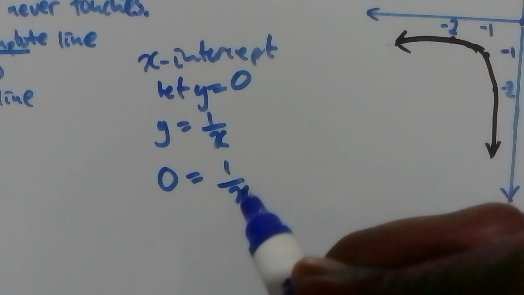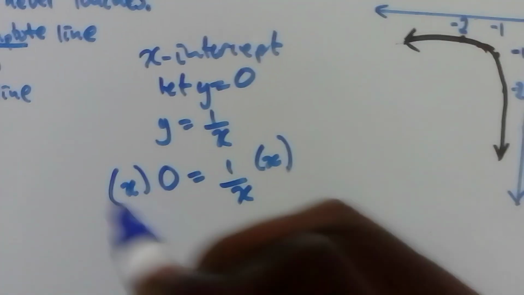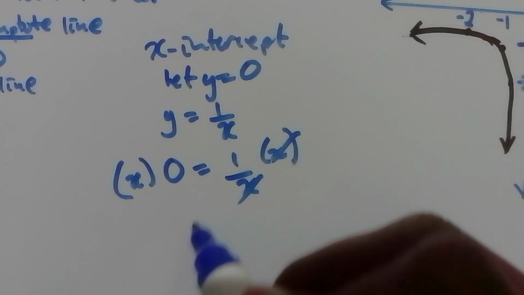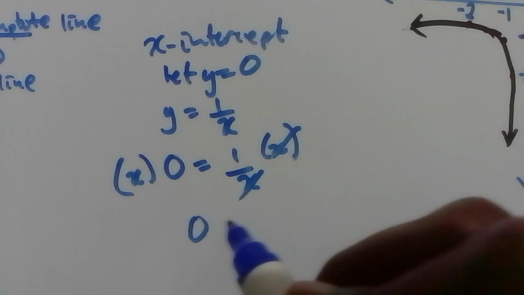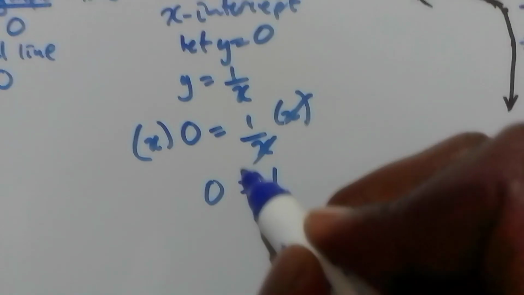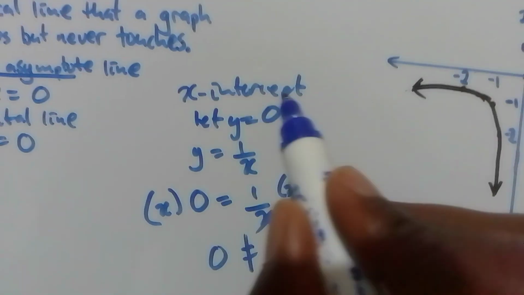To get rid of the denominator, I multiply by x, and this x cancels with that x, and x times 0 is equal to 0. Is 0 equal to 1? The answer is no. If you write it like this, it is incorrect, but 0 is not equal to 1. So we don't have an